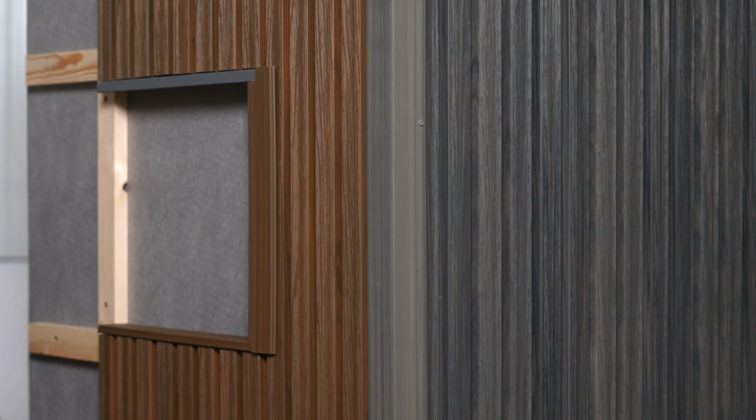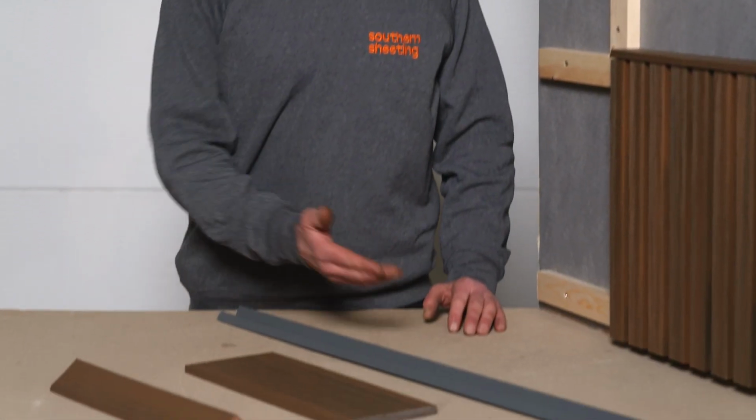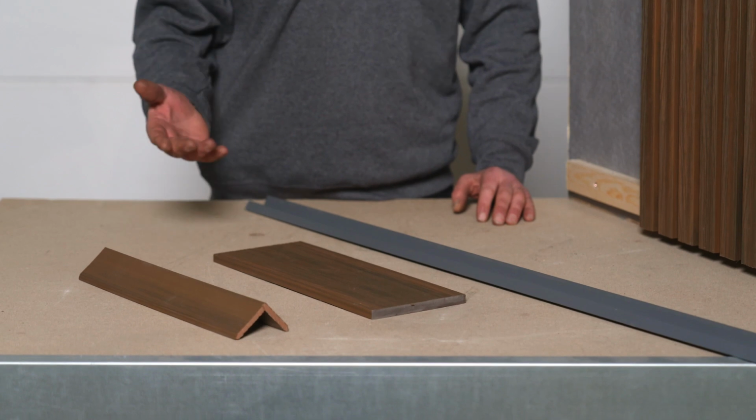It doesn't require painting or staining and can be easily cleaned with a jet wash or hose. Available in two colours, ash grey and oak. This cladding system is simple and easy to install, comprising planks of 2.7 metre length, 3 trim types and colour-matched